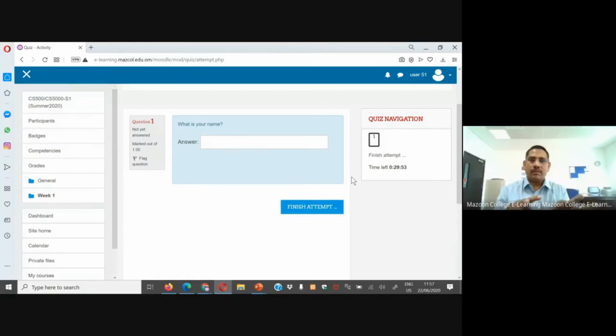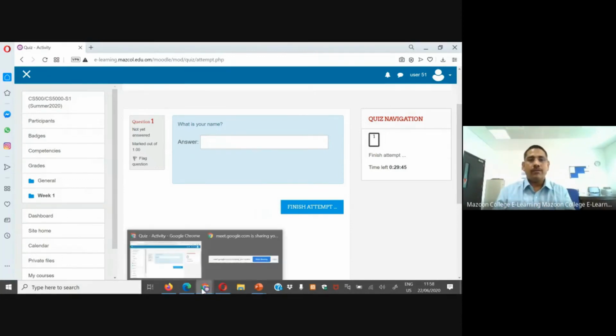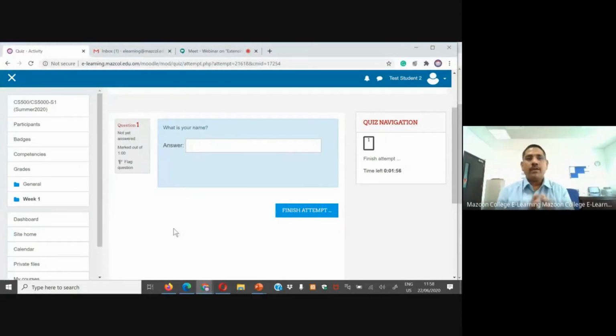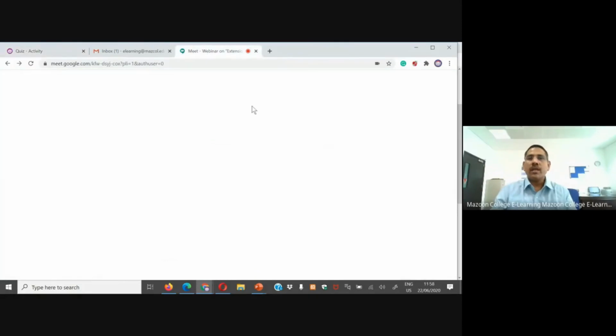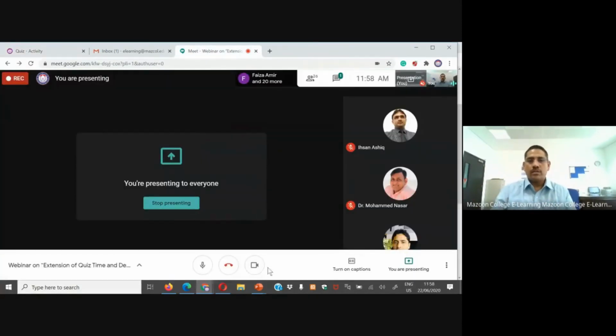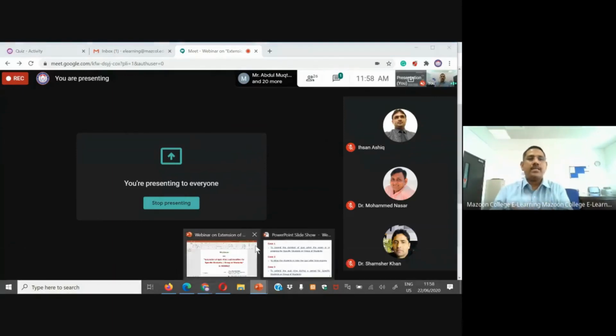We need to manage the students very smartly during the exam. We cannot simply open the exam and let all the students take it two times. We cannot extend the time for all students. We need to target the specific student who has faced the problem. We are going to give the solution for this student. We are not going to give extra time to all the students. So these are the first 2 cases. The first case is finished and the second case is finished.